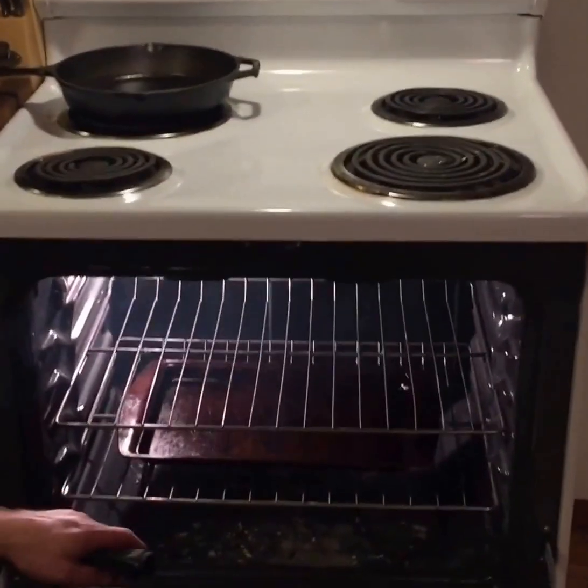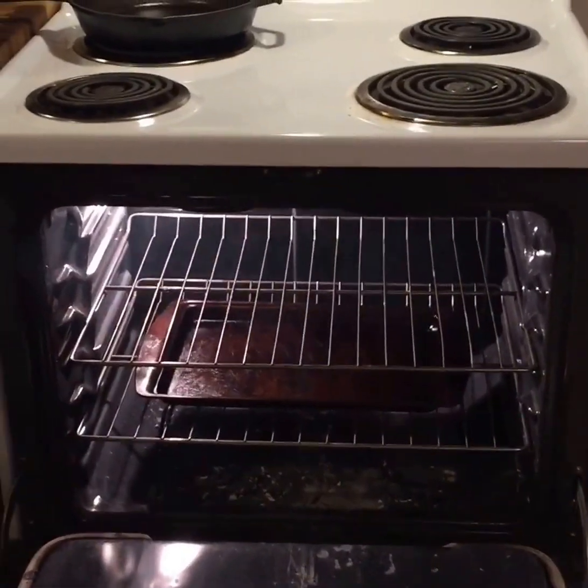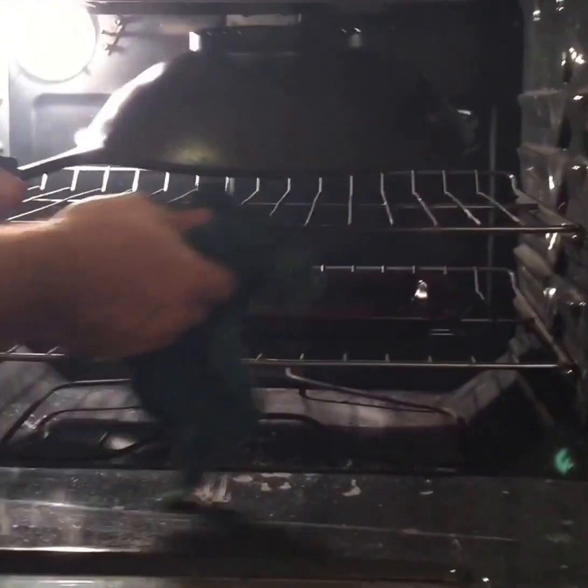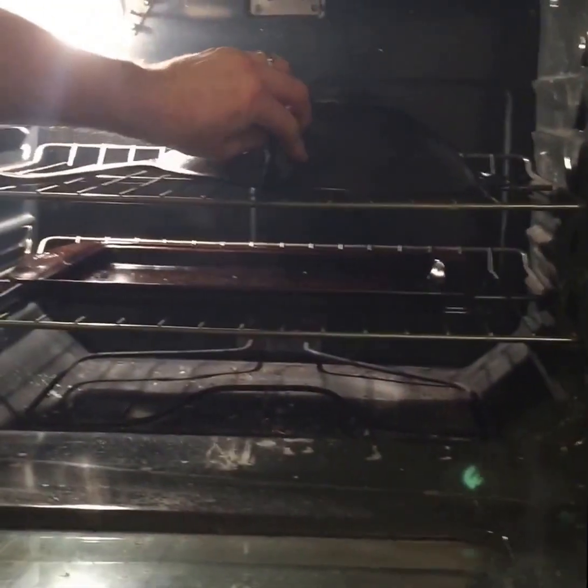So what I did here is I put a pan underneath for when I'm going to place it upside down. So if anything drips, it'll drip on that pan,